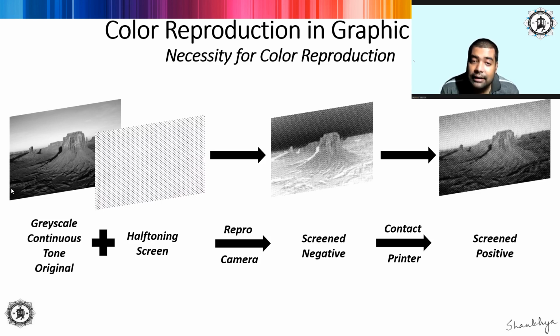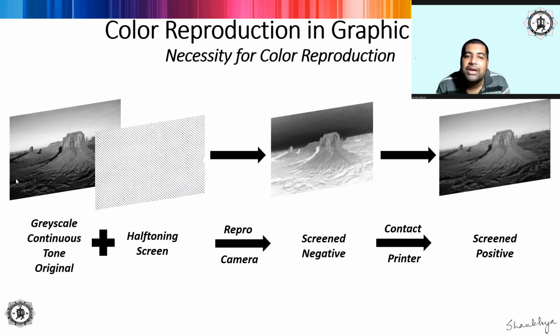And secondly, we should also incorporate some form of tonal gradation. Why tonal gradation? Because our continuous tone original has this tonal gradation. So after printing also we need to reproduce the same tonal gradation in the substrate. So how can this be achieved? This can be achieved in two ways, either by increasing the size of the dot. That means when you increase the size of the dot in the shadow areas, then that area will receive a greater quantity of ink.